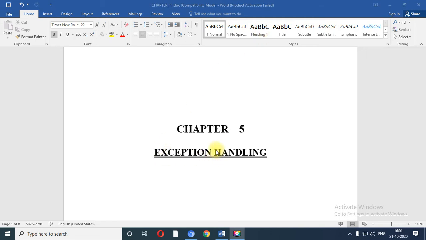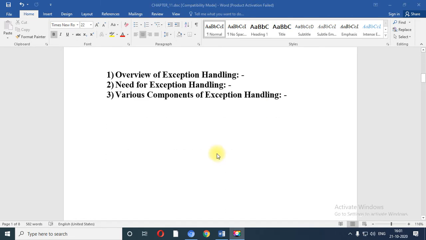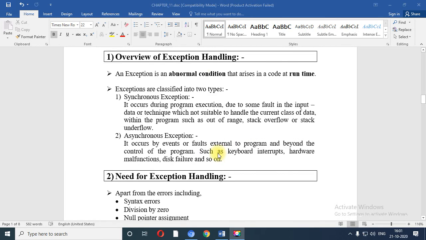Now the first question is, what is an exception and how to handle certain types of exception which are raised during the program. So an exception is nothing but an abnormal condition which arises in your code when you run a program.